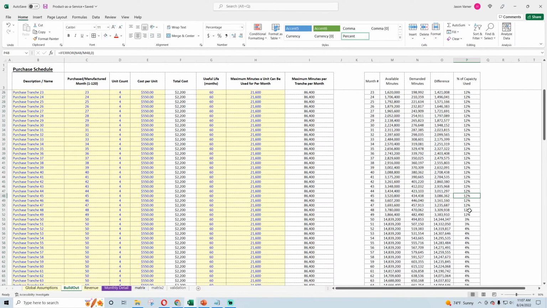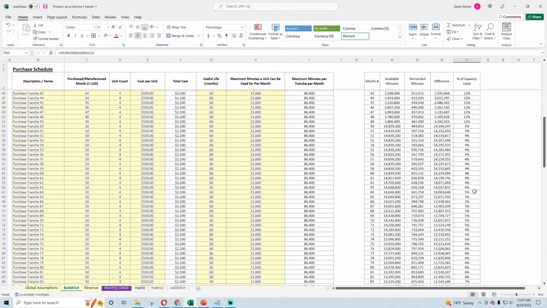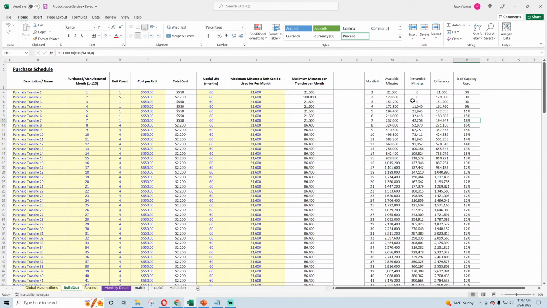So look at this. We never even get over 18% usage. We don't even get up above 20. So what that means is we are buying way too many. We have too many products. We're wasting money here based on what our expected demand is. There's 28% in month 7. Let's see. So if I were to try to meet this, let's see.